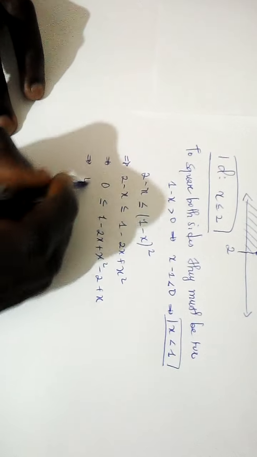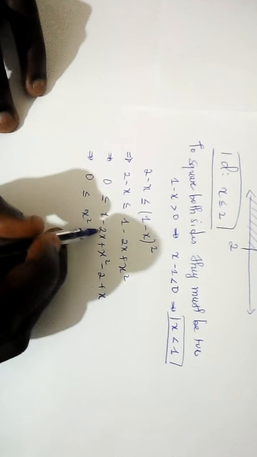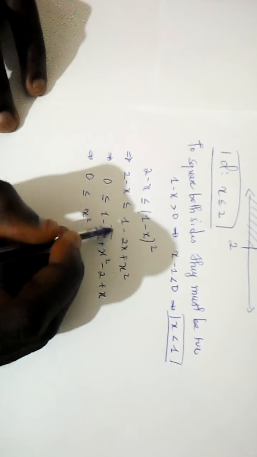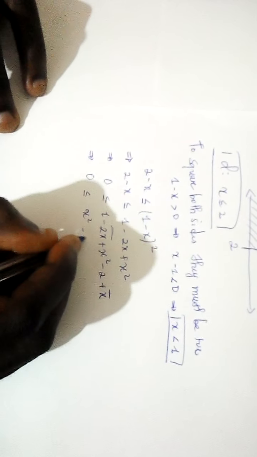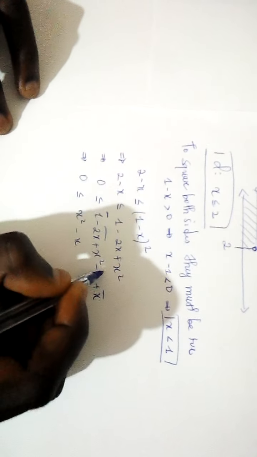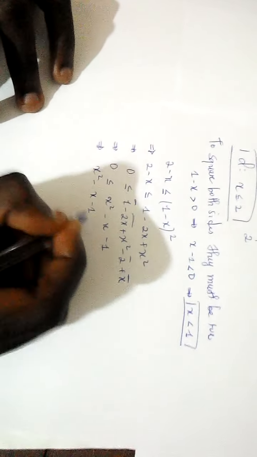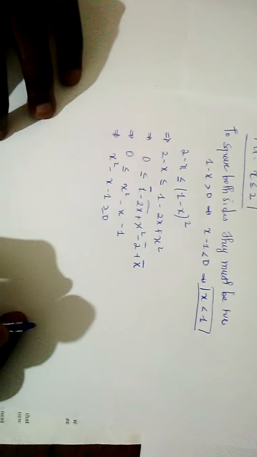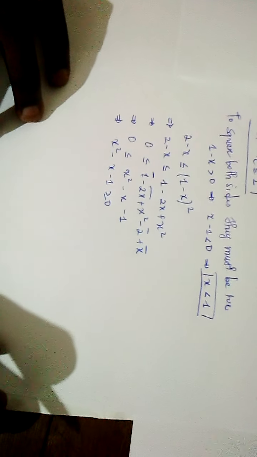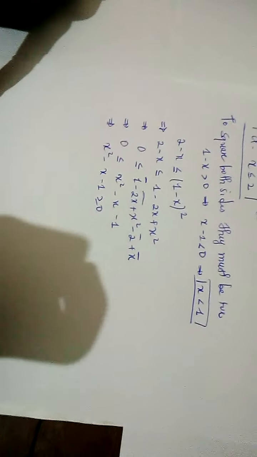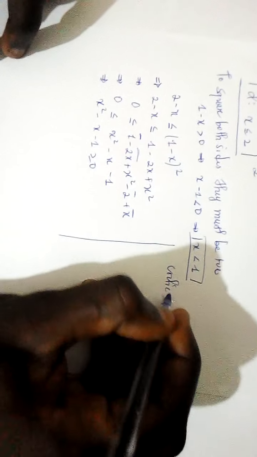Now, it means that 0 is less than or equal to x squared minus 2x, plus x is minus x, and then 1 minus 2 is -1. Now we can reverse this as x squared minus x minus 1 is greater than or equal to 0. Now we start by finding the critical values and then we deduce the solution set. I'm just going to use a shortcut. So our critical values,